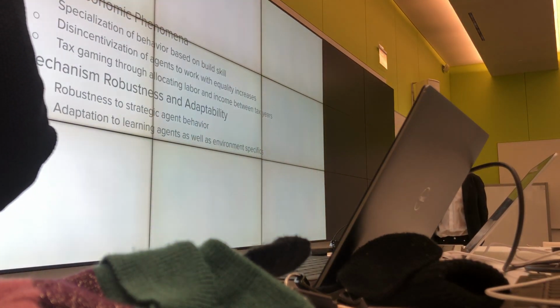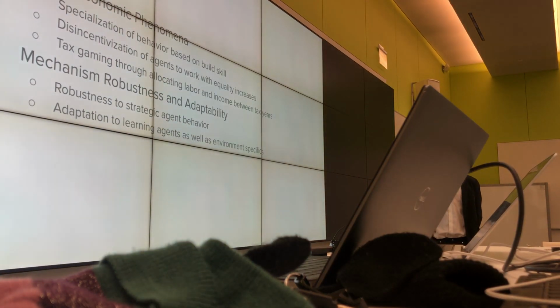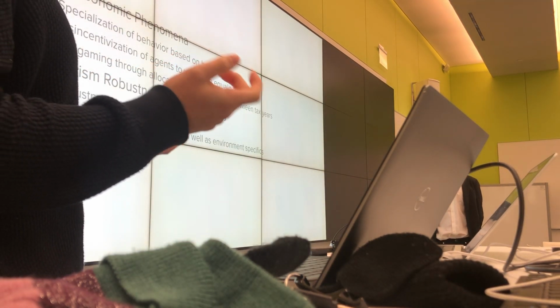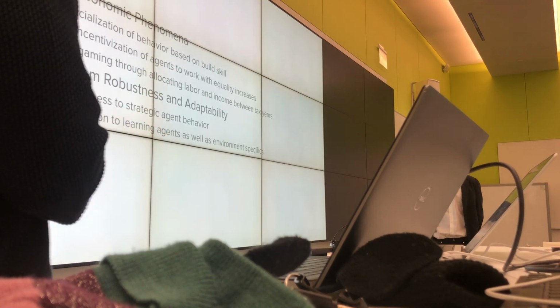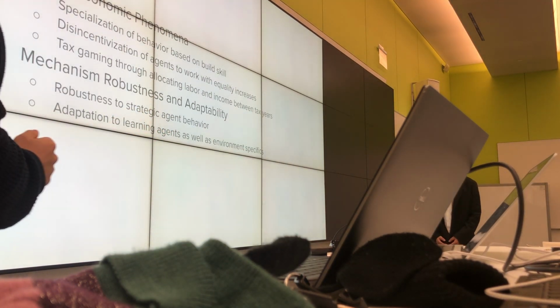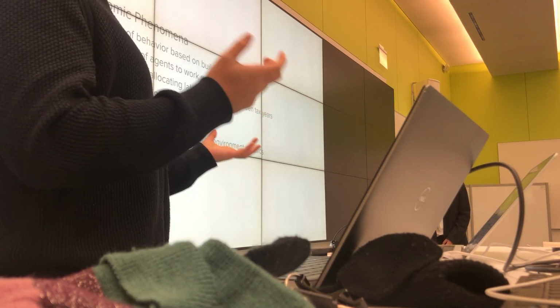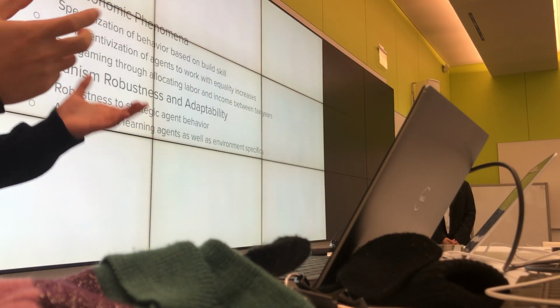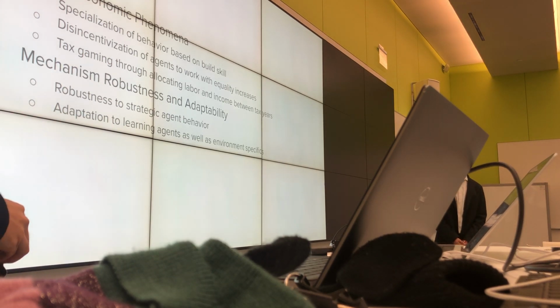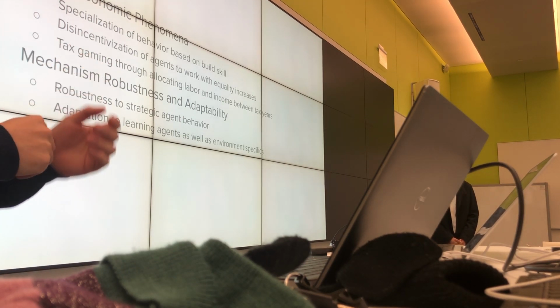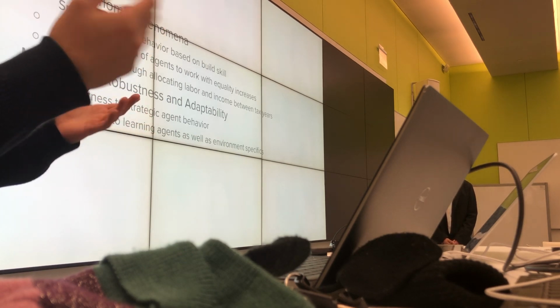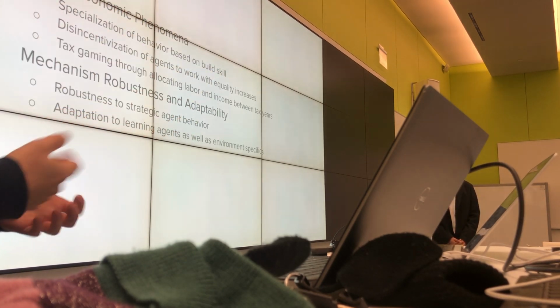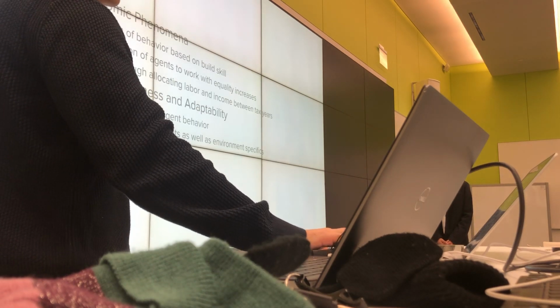Another part, some interesting results for sure, are the mechanism robustness and adaptability. Even in the face of this tax gaming behavior, we're still able to maintain high levels of social welfare. The paper also talks about two different environments, I think Split World as well as the actual four-quadrant, and how the AI Economist adapts to environment-specific differences. That's pretty interesting for the real world, given that, for example, local counties will have different structures and different economics, which makes it more adaptable and promising.